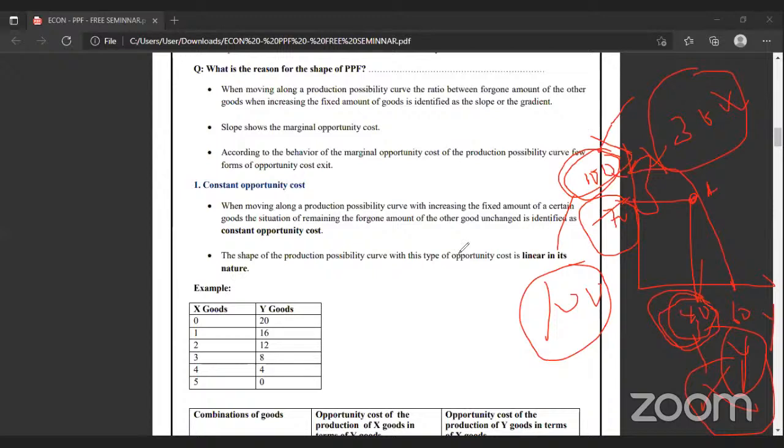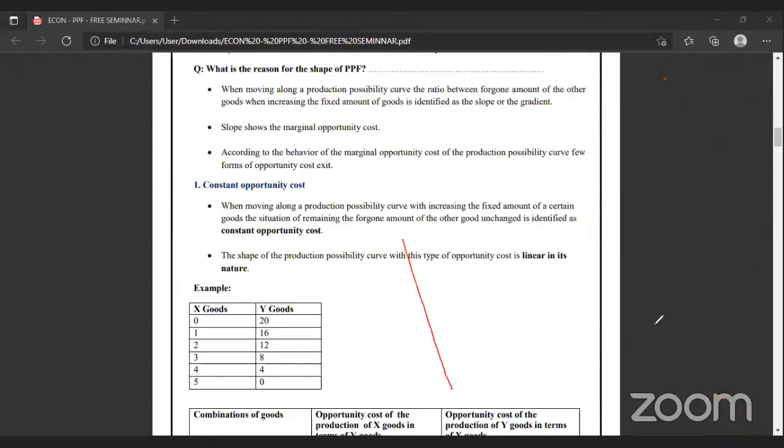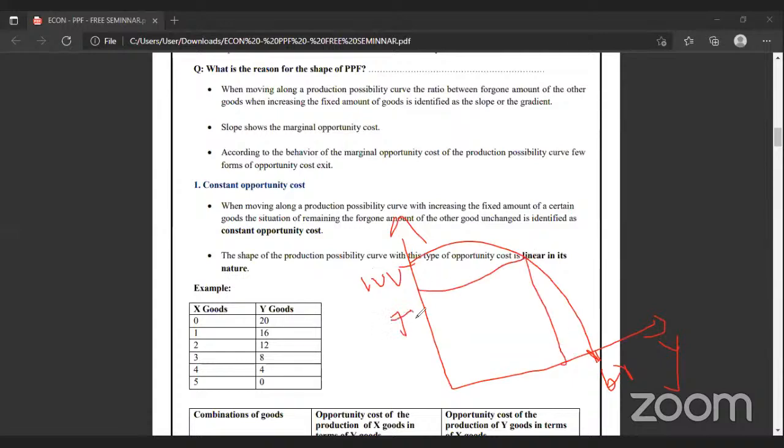Why? I will draw this again, otherwise you will confuse it, right? Look at this one. The maximum output of y goods, how much? 60. And they are producing here 100. But the combination selected here is 70 and 40. What is the opportunity cost of producing 70x goods? That means if they don't produce these 70, how many y goods will they be able to produce? 60 they will be able to produce.